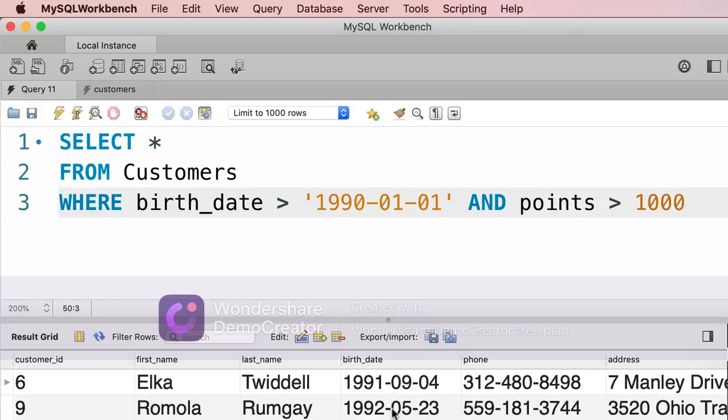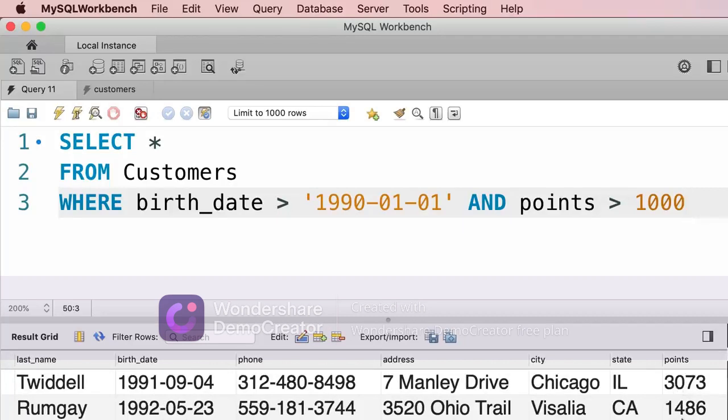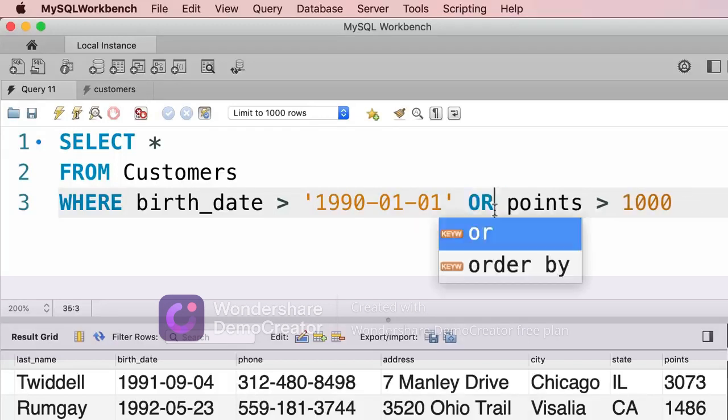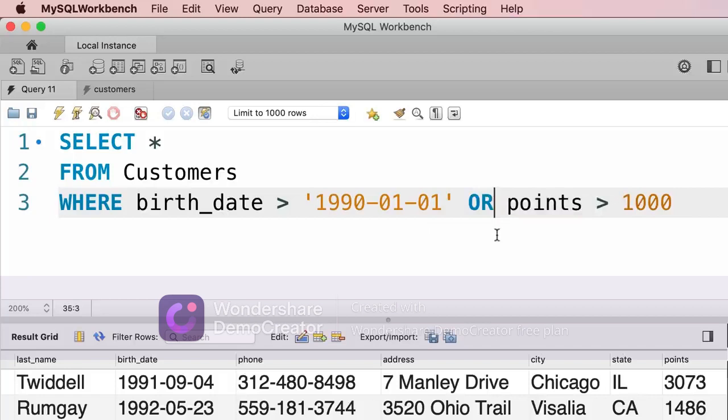And if you look, both these people are born after 1990 and they have more than 1,000 points. So this is the AND operator. When we use this operator, both these conditions should be true. In contrast to the AND operator, we have the OR operator. So with OR, if at least one of these conditions is true, that row will be returned in the result